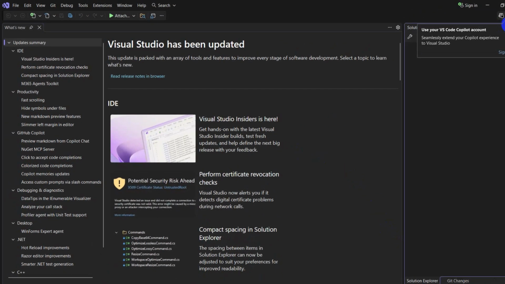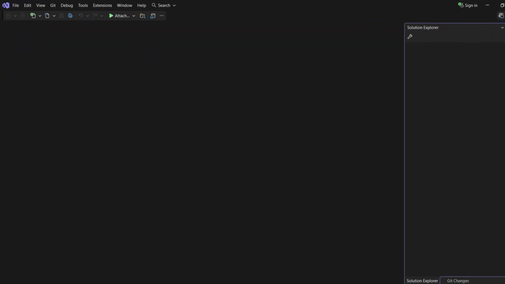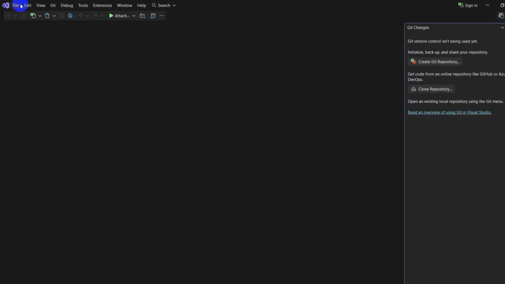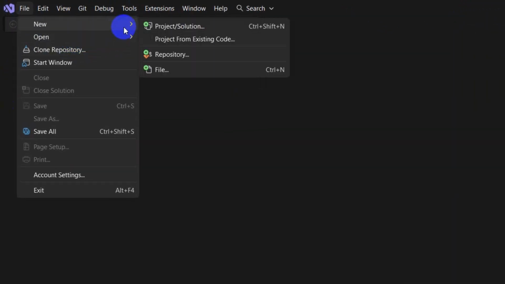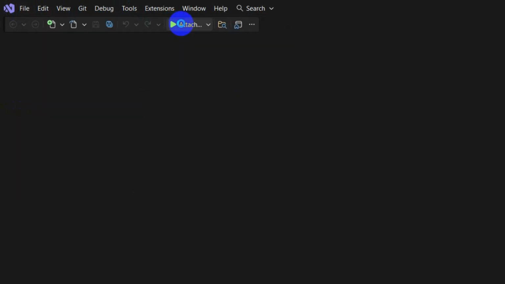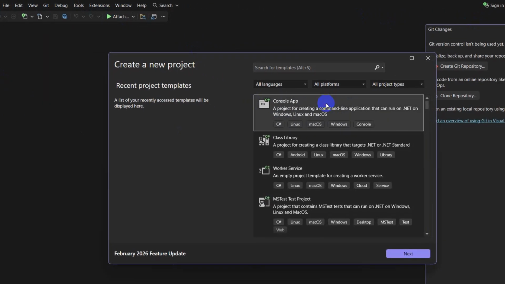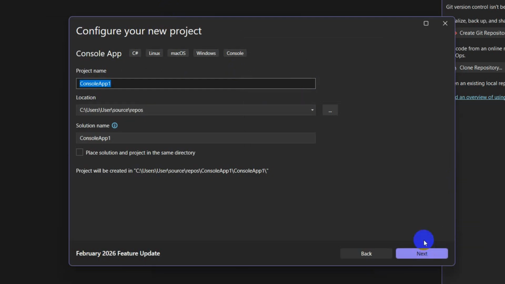And there you can see, this is how the interface looks. I'm going to click on file, then click here, new project solution. I'm going to choose console app, then click on next, and you can give it a project name. I'll just keep the name over here, or you can say here, first project.